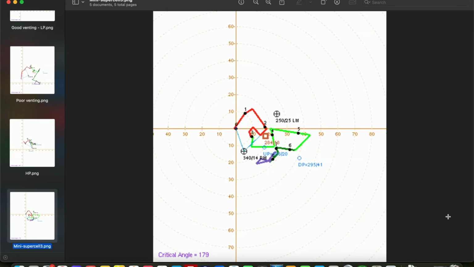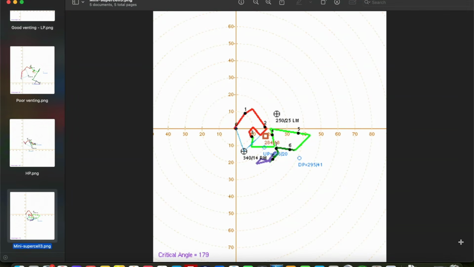In this example, if we were to draw in our storm relative wind vectors at the 0 and 1 kilometer point, for example, you'll notice how short they are. We can actually get a direct measurement for the surface storm relative wind vector because the surface wind is right there at the origin. It's not even 15 knots. The 1 kilometer vector is a little bit longer, maybe about 25 knots or so. Both of those are underneath that threshold for mini supercells, and therefore this would be an environment that would favor